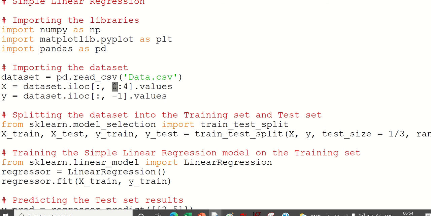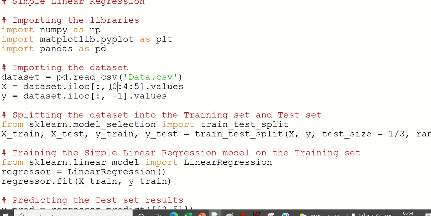I want all columns, column 0 to column 4, but in steps of 4 or 5 I'll do. In steps of 5, what will it do? So it will tell me what I need.